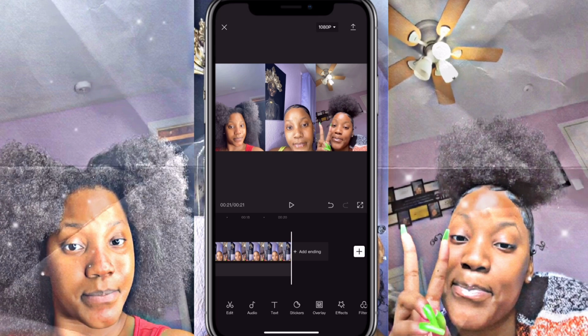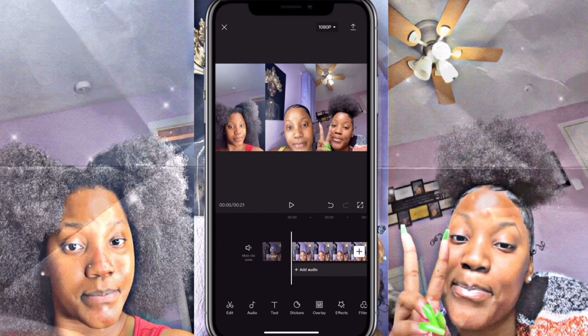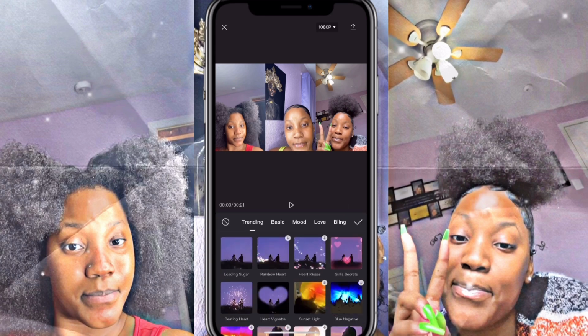You can delete the ending part if we have enough already, but it's best to have longer than shorter because it's going to be hard to make it look right, if that makes sense. So just trust me and put it on 20 seconds, okay? So now we're going to go to effects, and I'm going to show y'all all the effects